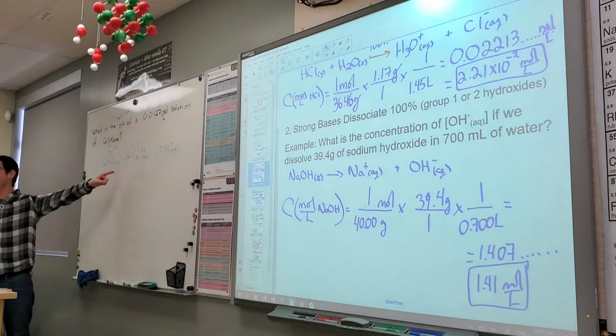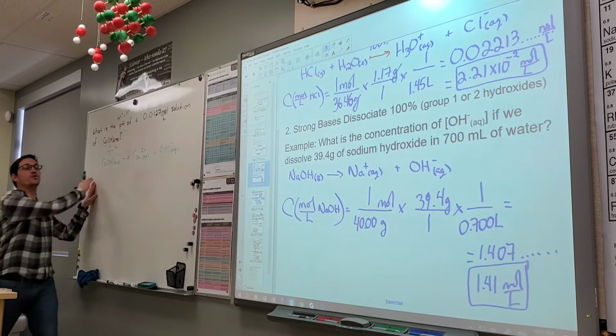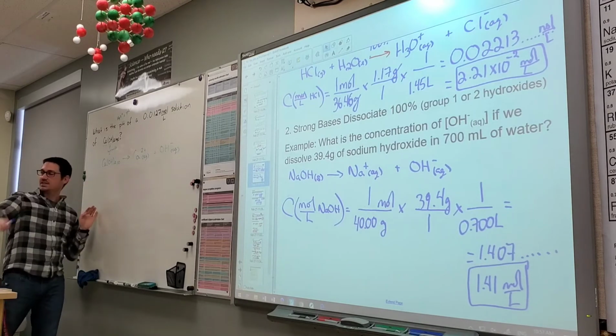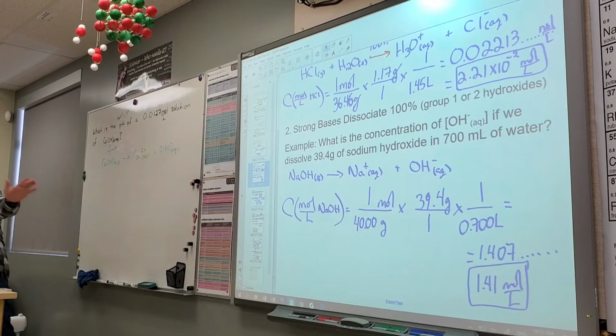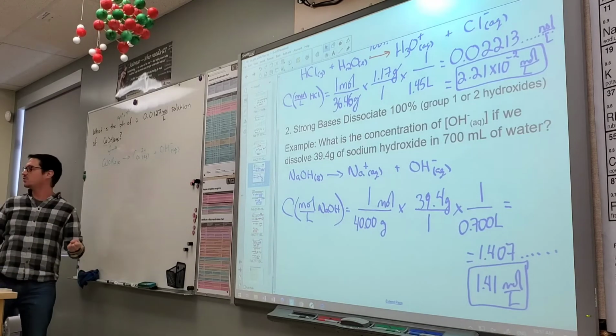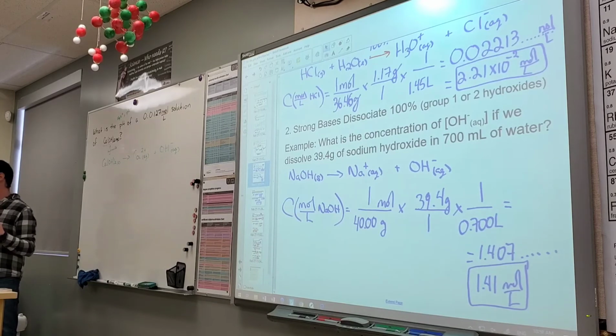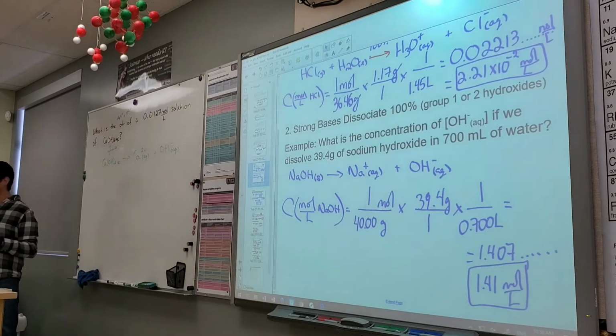Oh, I boned up, didn't I? This is incredibly wrong. Give me reasons why this is so wrong that I should be whipped in the town square right now. Which law are we not following right now? Both of them, right? The law of conservation of mass and the law of conservation of charge are not being followed in this chemical reaction. Immediately you should know, oh, I messed up.